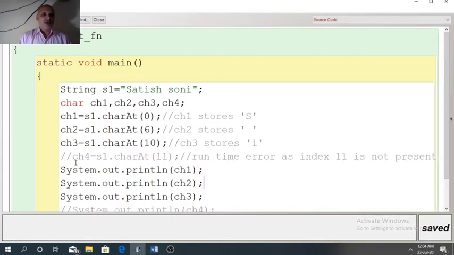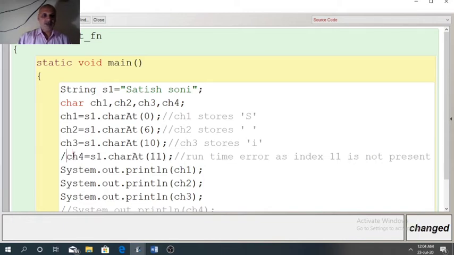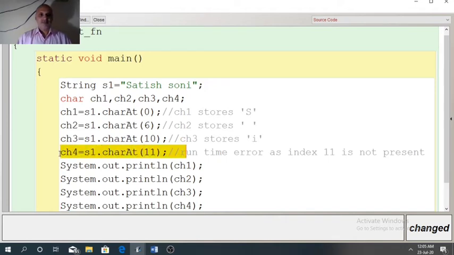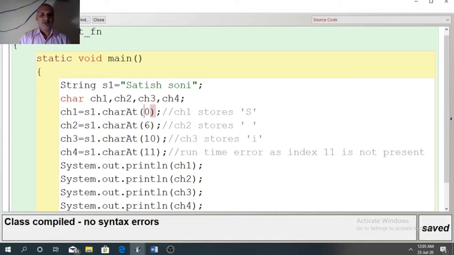Now I had told you, when we enter index 11 it will give a runtime error. I have used a comment here. Let us remove the comment. Now see what happens. Now the problem is in this line. Index number 11 is not present in the given string. So when we compile the code, you can see that it is compiling.